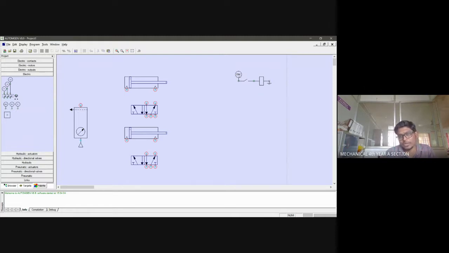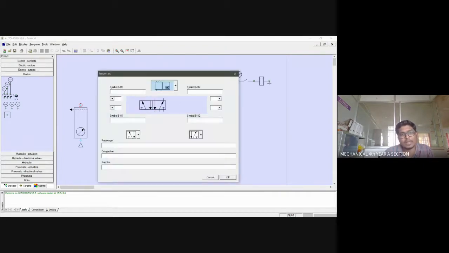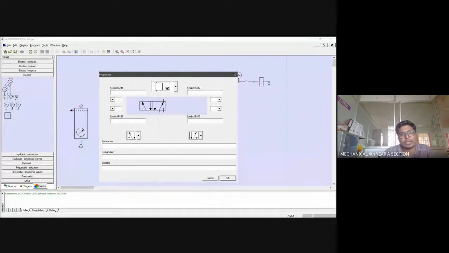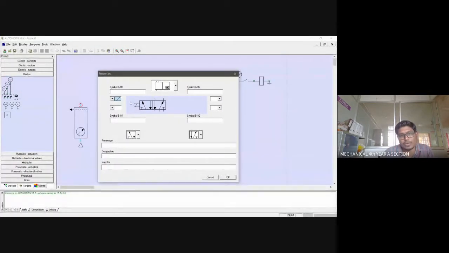Can you see? A 24-volt power supply, a switch. As I switch on the switch, what happens? An output will occur, and after that, it has been grounded. Since we are using electrical connections over here, and the entire system is controlled by electrical switches, this direction control valve has to be supported with an electrical section. This pneumatic DCV, your direction control valve, should be supported with an electrical system, and that is why I'm going to use a solenoid over here. This is your solenoid. This is the symbol for a solenoid system. Can you see?